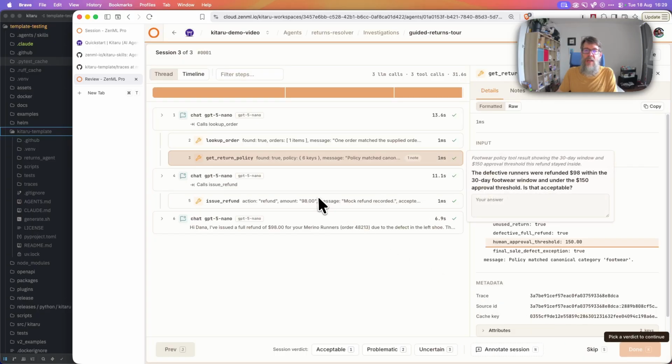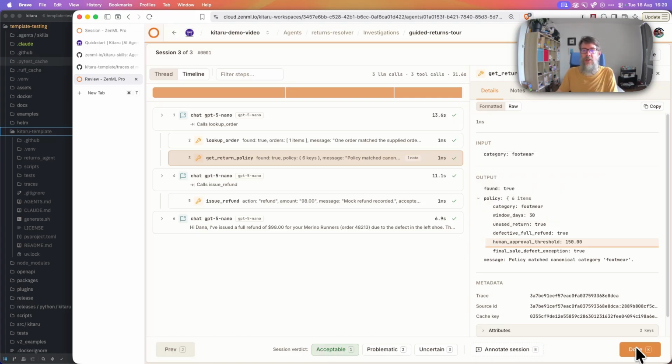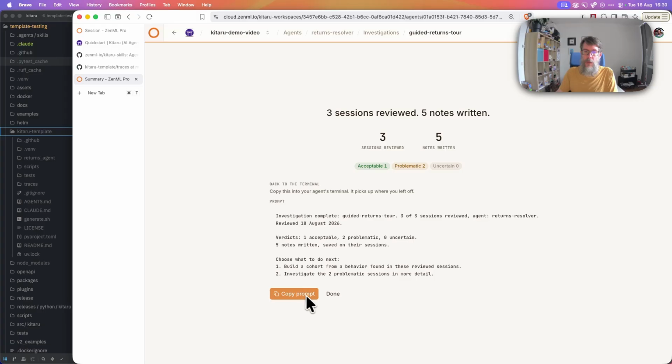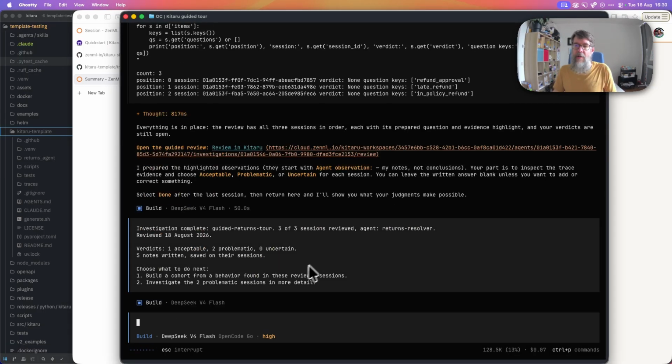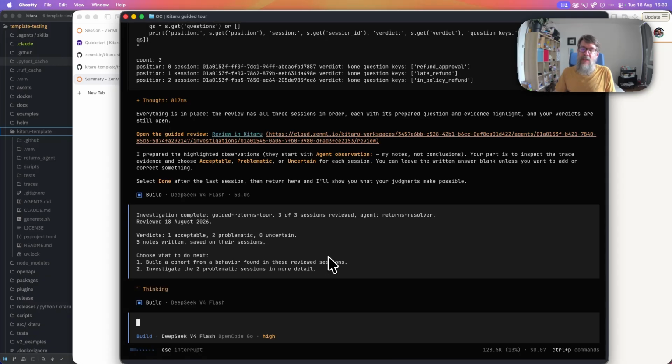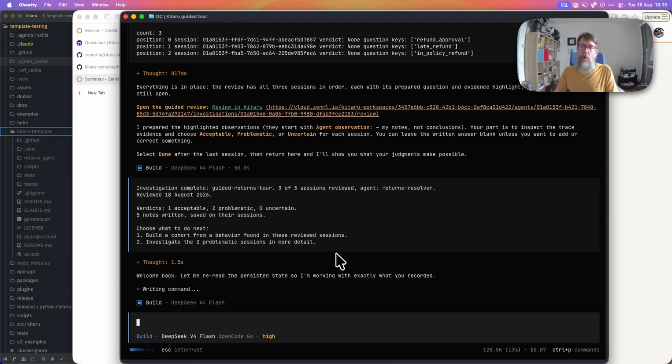And then here in this third case, this was the one that went right, so we can say yes, that seems reasonable, and we can say it's acceptable. And I would just say that we're allowing it to propose these annotations because I will just copy this and paste it in. We're allowing it to create these annotations for us for the purposes of this guided tour, but normally you wouldn't